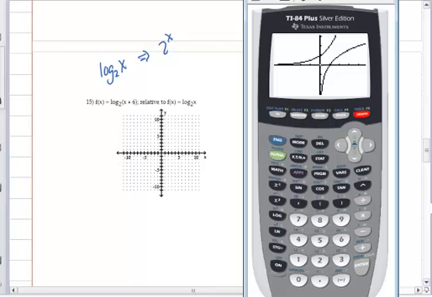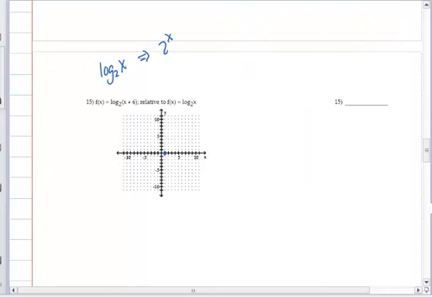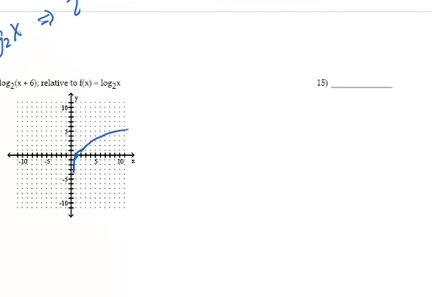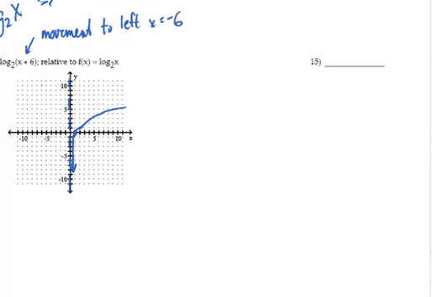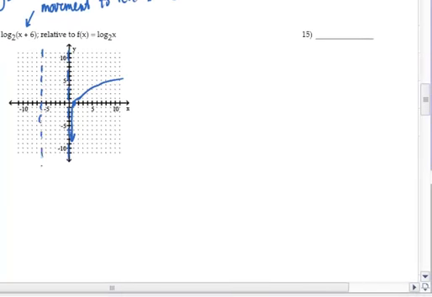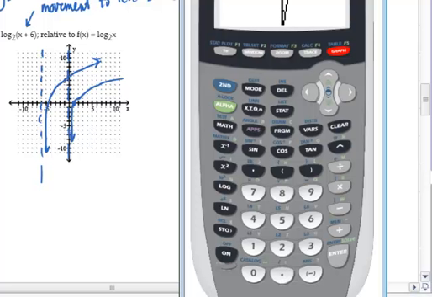So we basically have a function that has an intercept at 1, and the basic sketch would look like this, where we have an asymptote. Now this function here, because of the x plus 6, has a movement to the left by 6 units. So then we just move that asymptote to the left, and we redraw that logarithmic function,